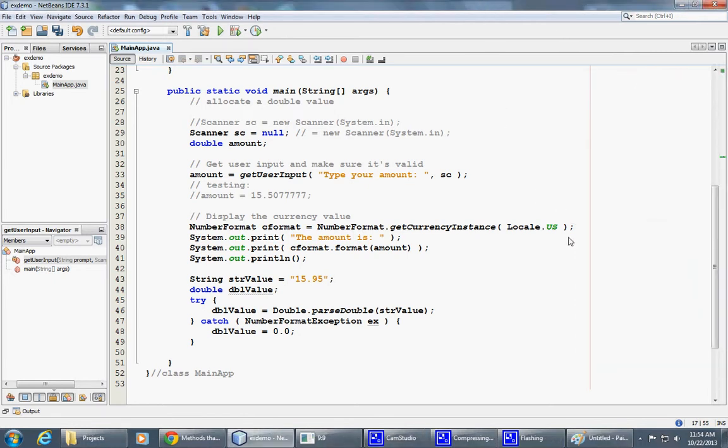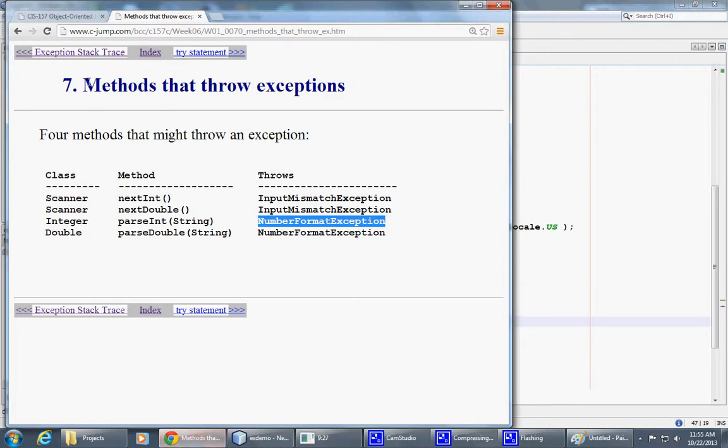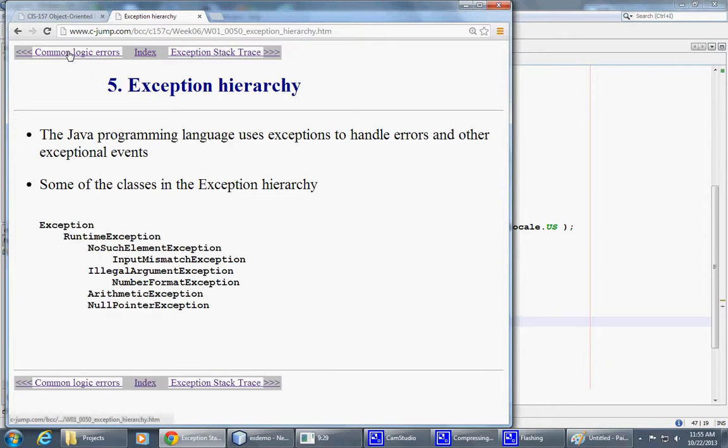Now, if you want to absolutely bulletproof this, you can just say this. If anything happens, any possible exception, then just set double value to 0. And so you can look at this previous slide, actually a couple of slides back. Exception class is at the very top of this hierarchy of available exceptions, at least this particular subclass of exceptions